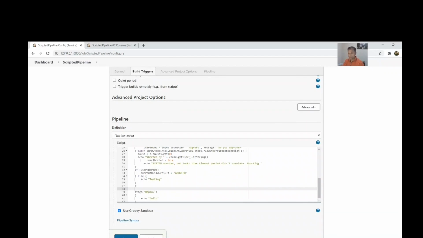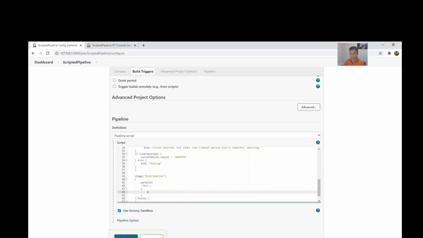Now finally, we are going to see how to add this parallel process. In this stage, we are going to add a parallel process. I'm going to mark it as distribution. Here we are going to add it as parallel to the test environment.